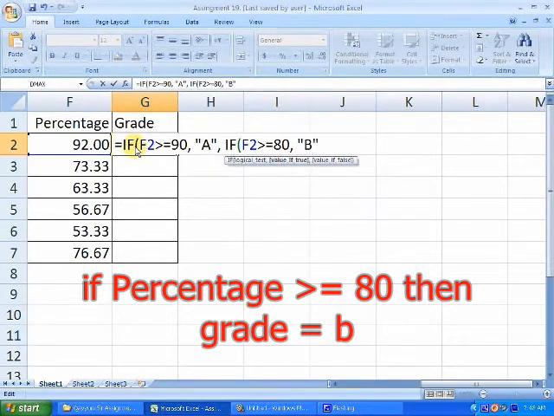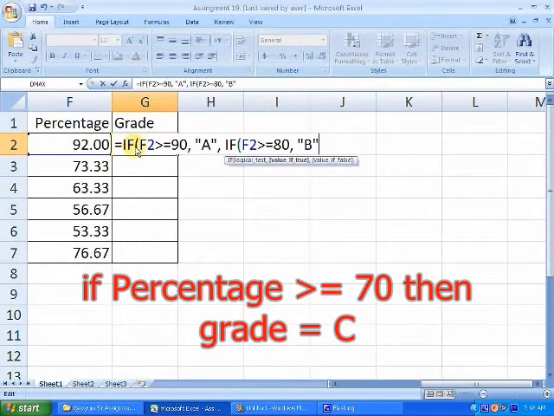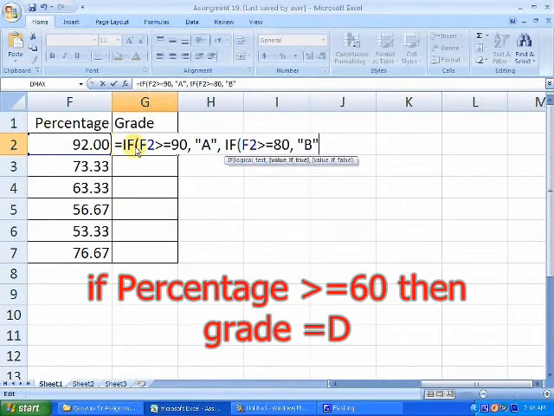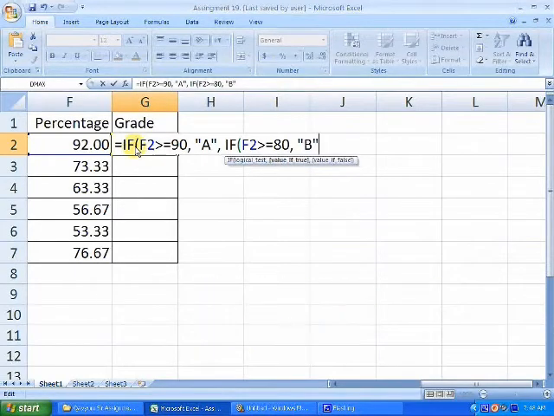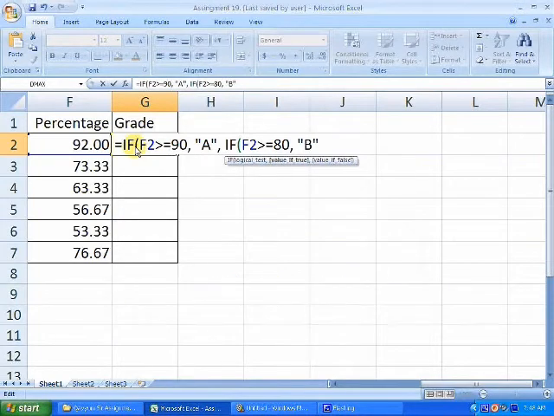The grade will be B. So like that you continue up to 60. The grade should be B for 80 and above. C for 70 and above. The grade should be D between 60 and 70, and the grade should be E if it is less than 60. So continue to use this formula function.